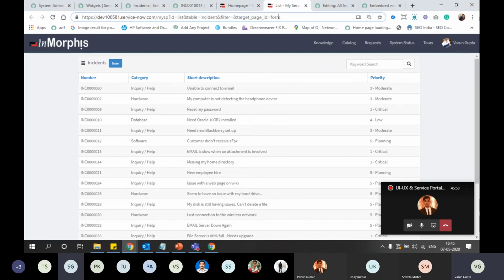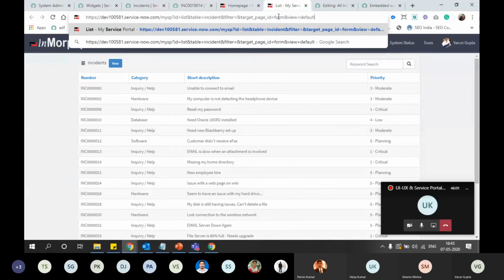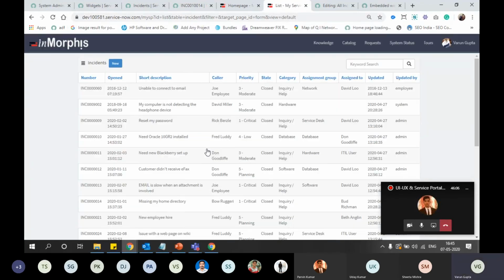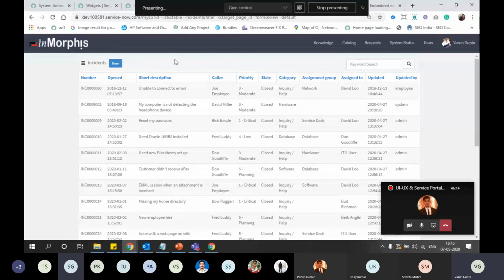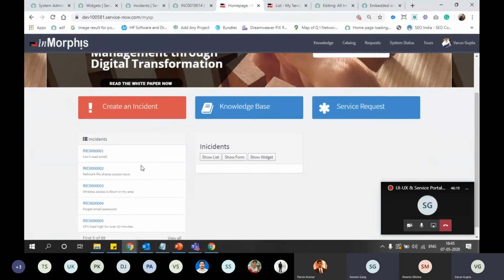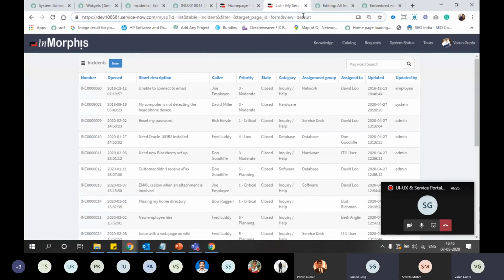If we add a view here, it will appear the same as the native view. So we have to modify this widget and the view all button, and we will pass this view in the URL.